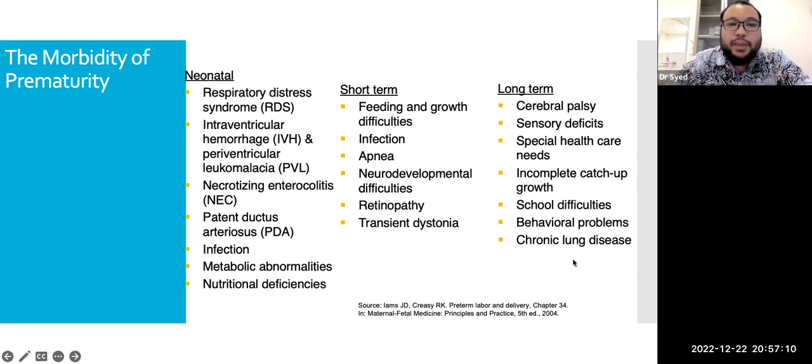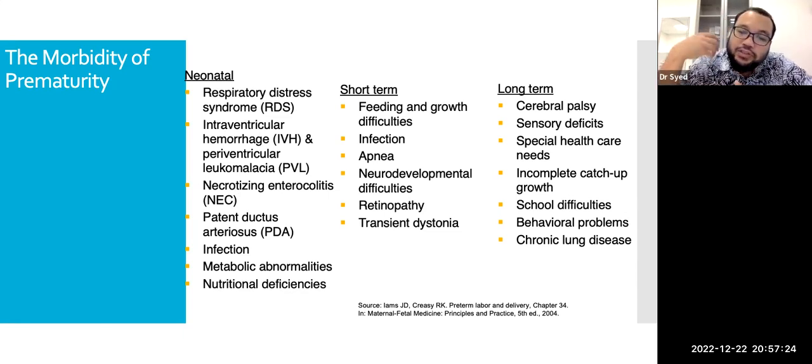So there's neonatal complication such as RDS. So RDS is hyaline membrane disease. It's because of lack of surfactant, surfactant deficiency. So bila lack of surfactant, alveolar dia boleh collapse, airway dia boleh collapse. Bila airway dia collapse, can cause respiratory distress syndrome. Lung compliance is impaired. Baby needs surfactant, needs ventilation and so on and so forth.